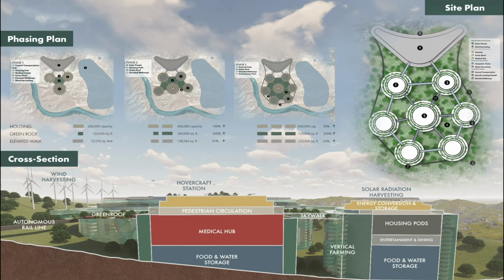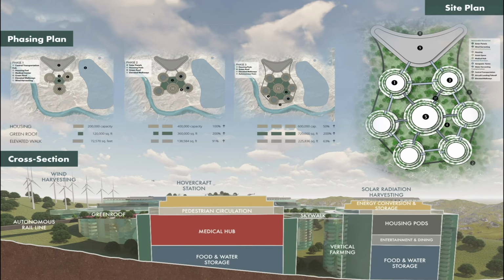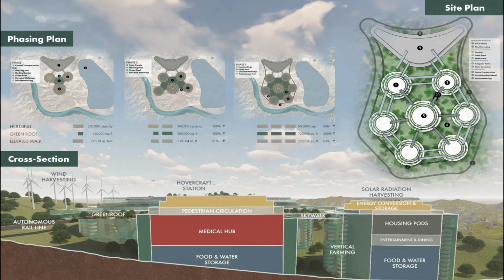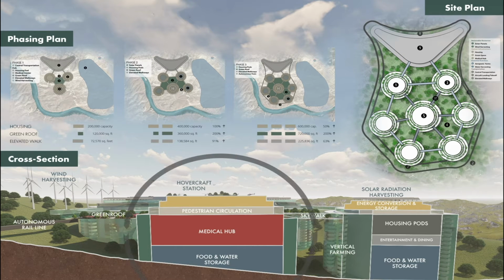When designing our evacuation center, we wanted it to be completely self-sufficient and sustainable while meeting the needs of the vulnerable people being brought to the site. After extensive research on creating a self-sufficient site, we proposed a prototype toolkit broken down into the objectives of renewable energy, human infrastructure, essential nutrition, and transportation. Our site includes 6 housing pods with a central medical hub and transportation hub connected by elevated walkways and an autonomous rail line. The medical hub is located in the center of our campus in order to ensure equal access from all areas.